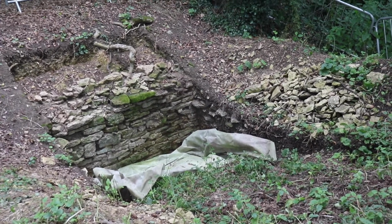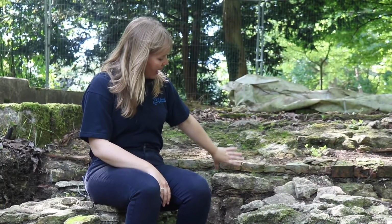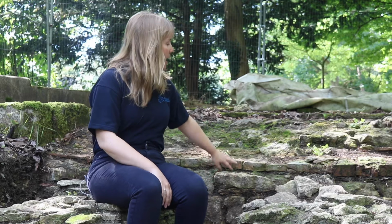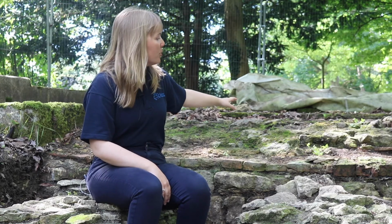The area I'm sitting in now is the Doric seat, which is another part of the mid-18th century formal landscape garden when it was put in place. So this structure behind me, that's all that's left of the Doric seat now. We've got some, again, foundations built out of the local stone, which is the same stone as the ha-ha wall, which is this stuff. And then we've also got some brick and then a layer of just general rubble, possibly even